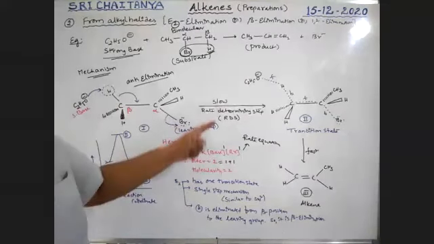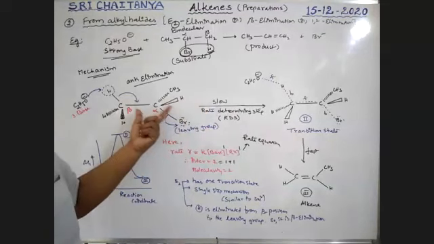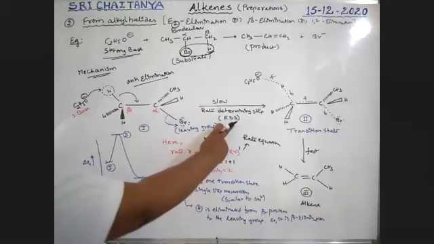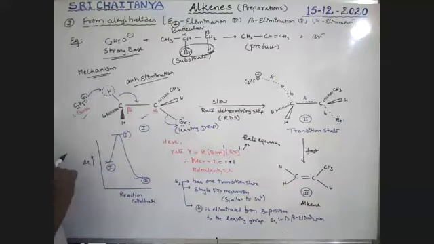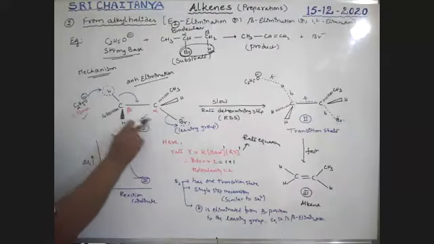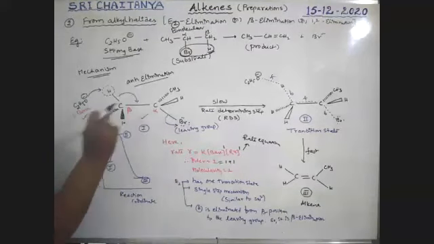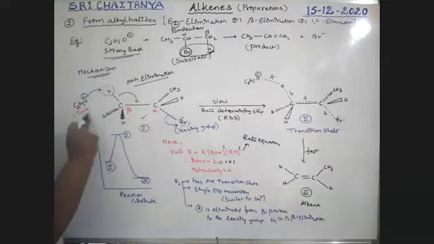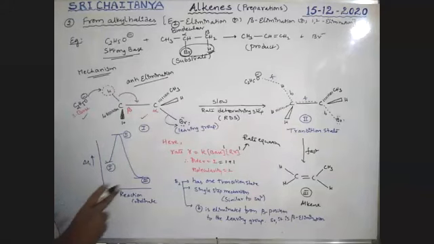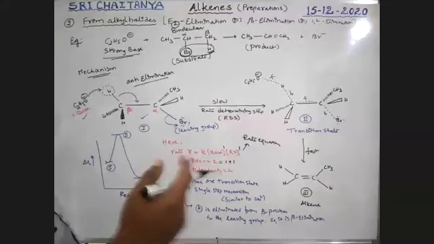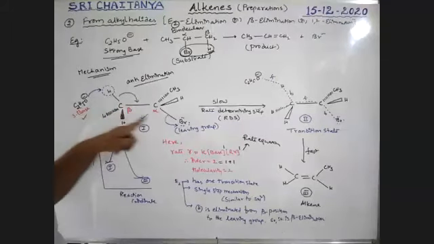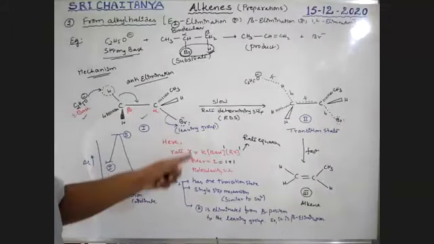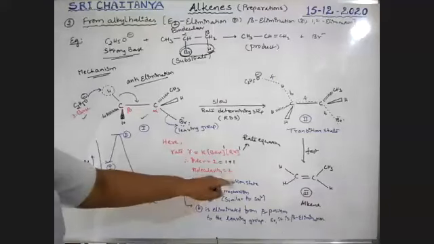Next, how many molecules participate in the rate determining step? This is the rate determining step, boys. So now it is one of the molecules. It is the second molecule, boys. Two particles, two molecules, two species are involved in the rate determining step. Therefore, this is 1, this is 2. It is a bimolecular reaction. Molecularity is nothing but the number of molecules participating in the rate determining step. It is the first molecule, it is the second molecule. Both these are involved in the rate determining step. Therefore, the molecularity of this reaction is 2.